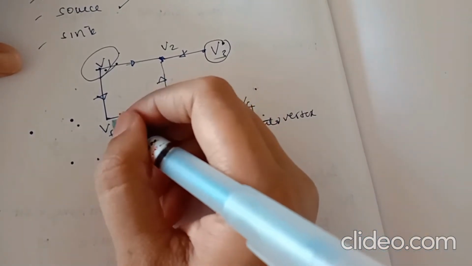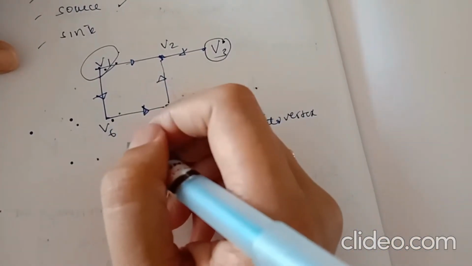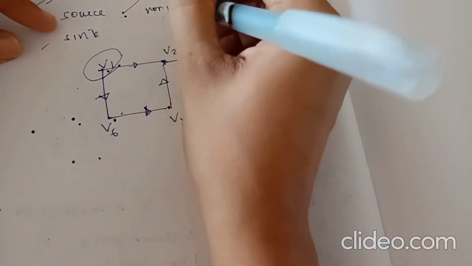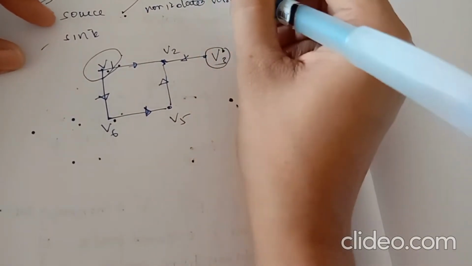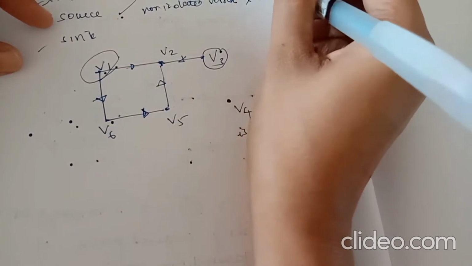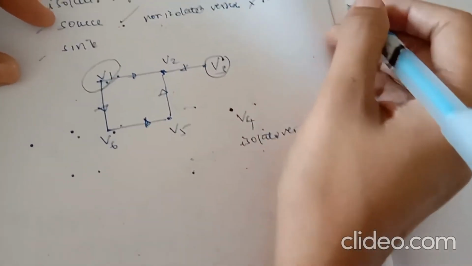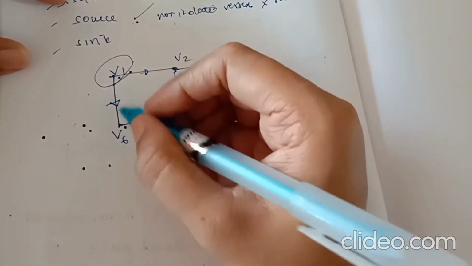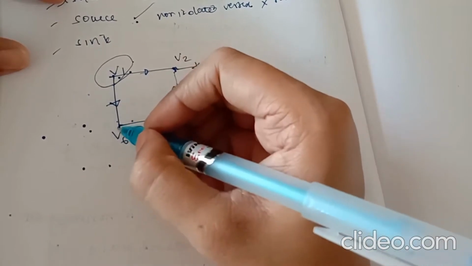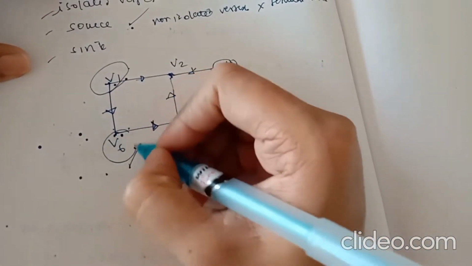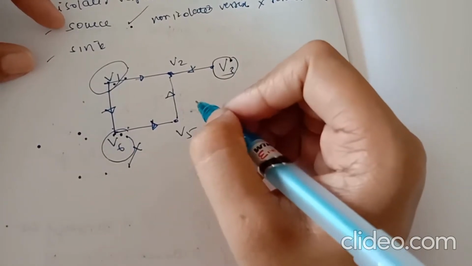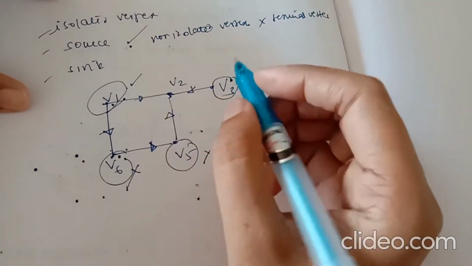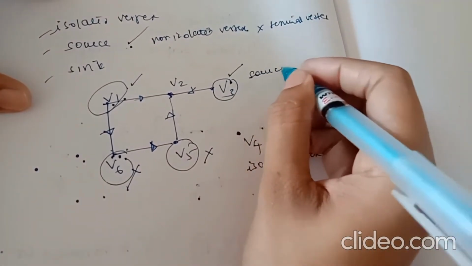So V6 is not a source. Why? As per the definition of source, a non-isolated vertex which is not a terminal vertex. That is, we have to keep that point in mind. Whereas if you observe this diagram, vertex V6 is also a terminal vertex. That means there is an edge reaching that. So V6 is not a source. Similarly, V5 is not a source, right? So only V1 and V3 belong to the source.